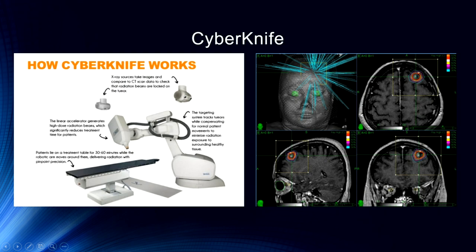The CyberKnife is very similar, except it's much more conducive for patients because they don't have to sit perfectly still for long periods of time. Essentially, the computer is fed the MRI images from the patient, the tumor is localized, and then scanning devices help track where the individual might move. They're, of course, told to keep as still as possible. But then the CyberKnife moves its way around, irradiating the tumor from a variety of angles, as you can see here,